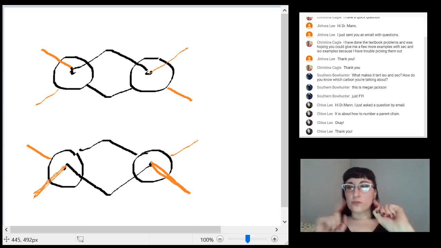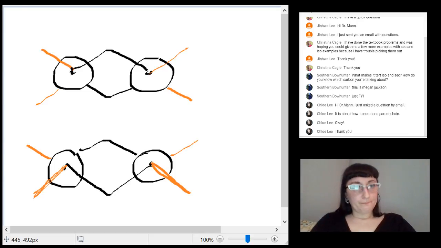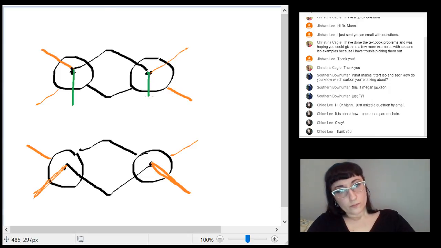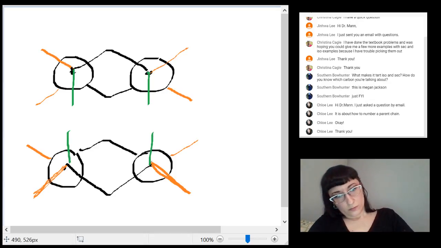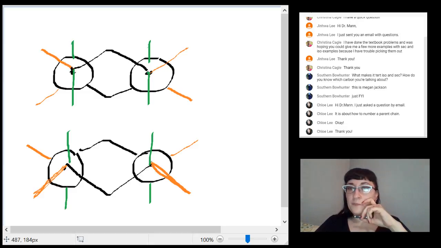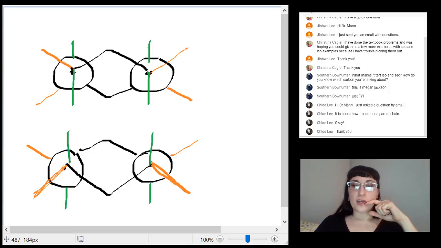So you'll notice these are the 2 flips of each other. So on these examples, the orange would be the equatorial positions that are coming out the sides, and the axial positions are the green ones going straight up and